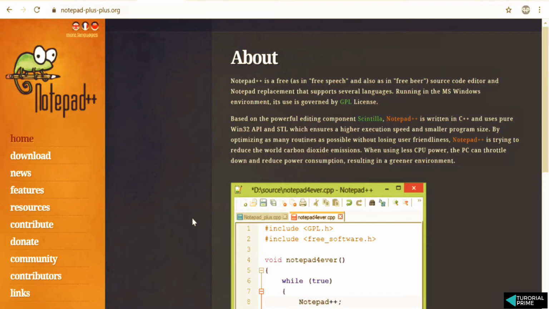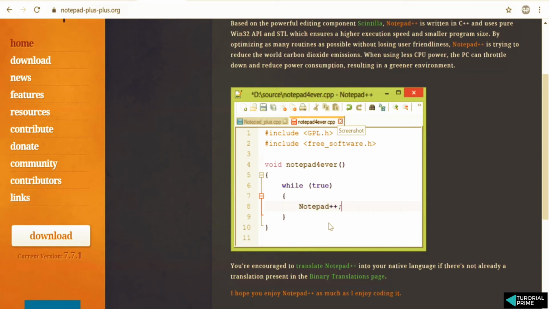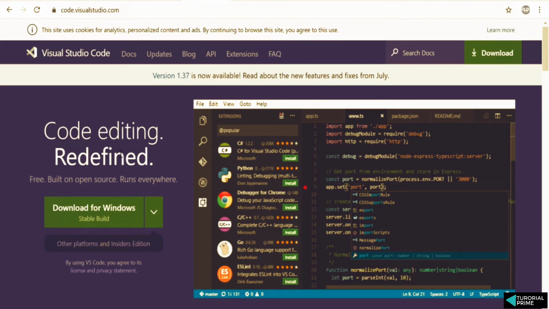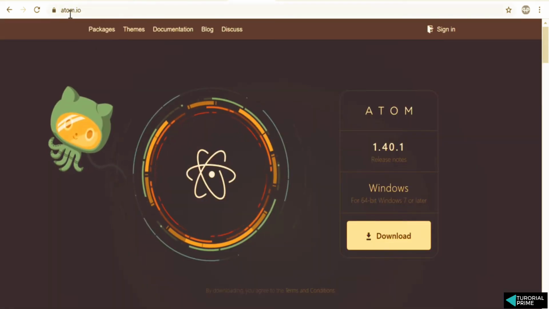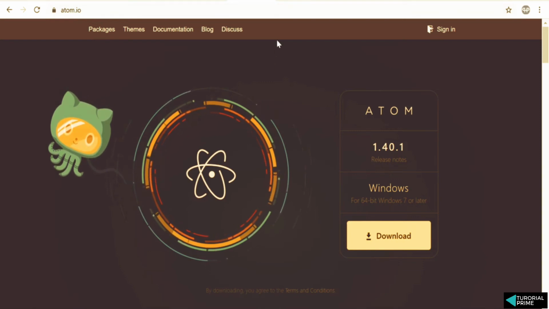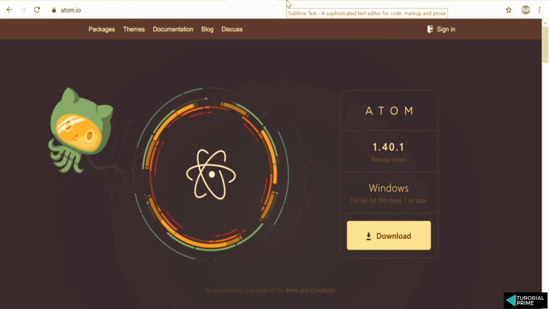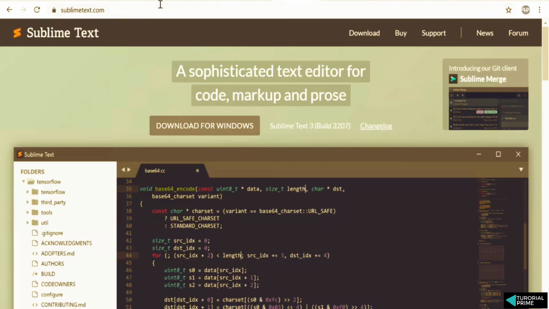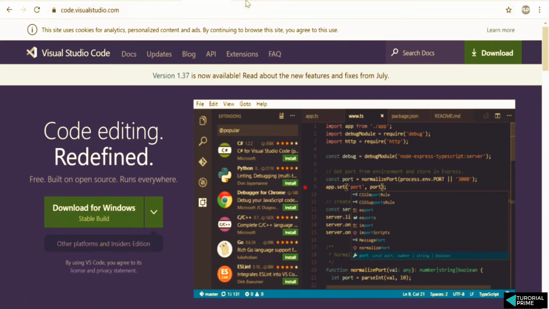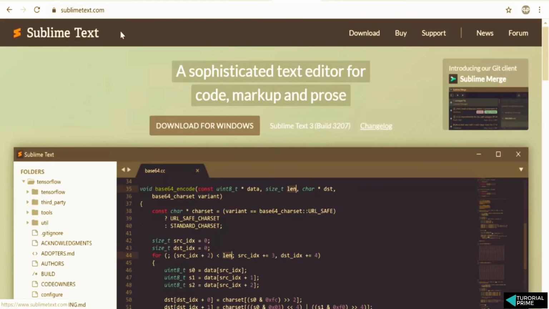There's one more editor called Notepad++. It's very simple, like Notepad. You can even use this to write the HTML and CSS code. Then there's one more editor called Visual Studio Code. This is a very famous editor, and it has automatic completion as well. Very simple and very easy to use editor for web programming. The next choice you have is Atom. Atom, again, is a famous editor that can be used to write HTML, CSS, JavaScript and many other things as well. So the choice is yours. You can choose Notepad++, Visual Studio Code, Atom, or Sublime Text. You can even use this editor.